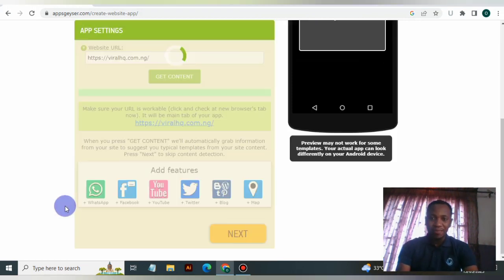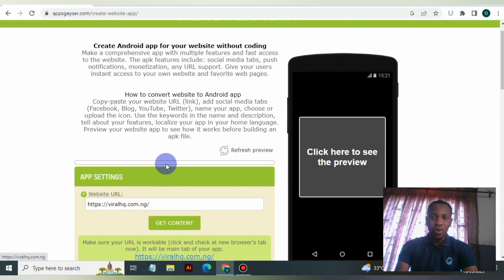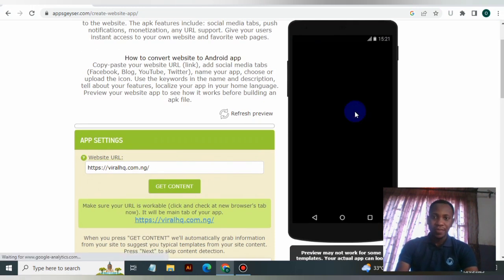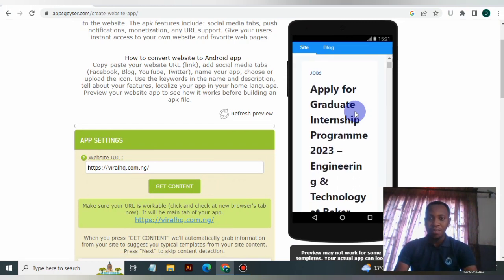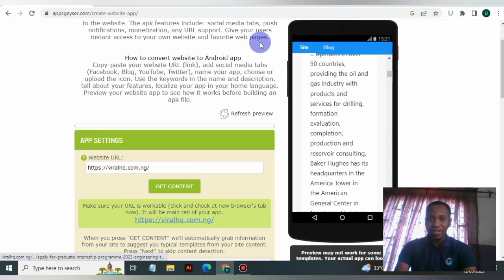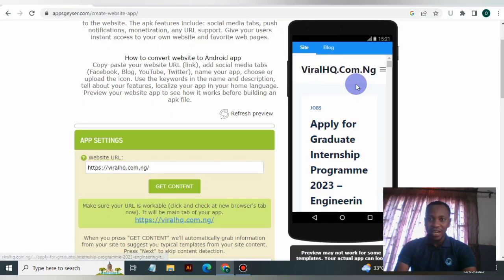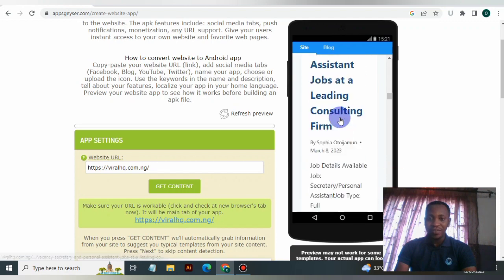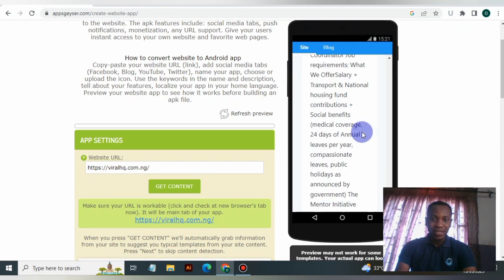You have to give it some time to load, and after loading, we can move ahead to checking out the website, how it looks, and what it looks like as a mobile app. So after loading, you need to click here to preview the website. Let's see what's going to show up, and that's it. So this is my website. As you can see the website here. What is going to reflect here is your design. Whatsoever you have designed on the website will reflect here. And now this is what the app will look like.